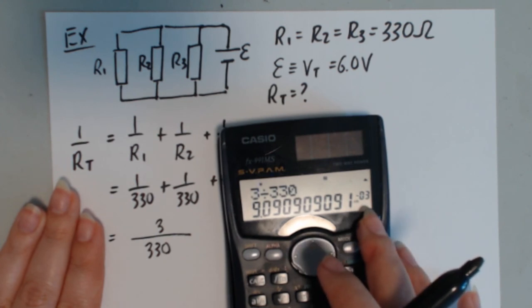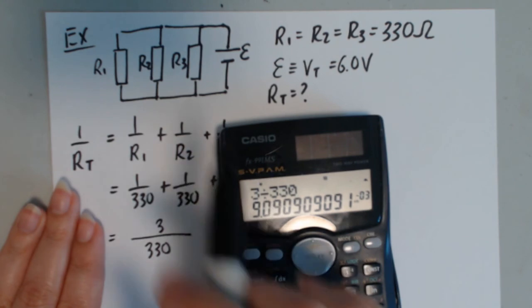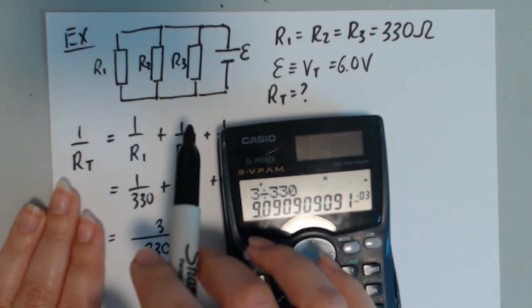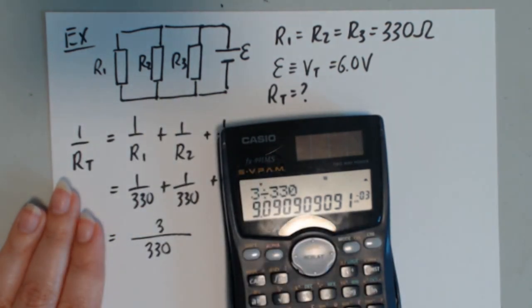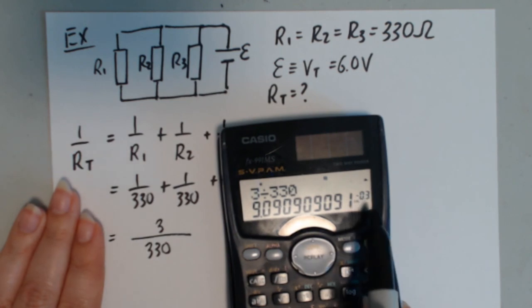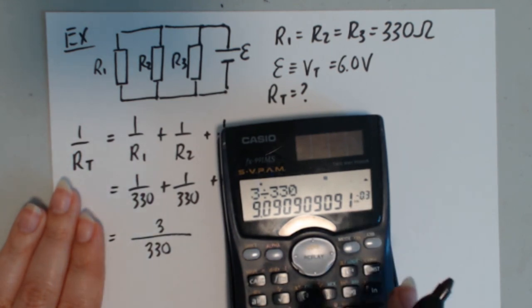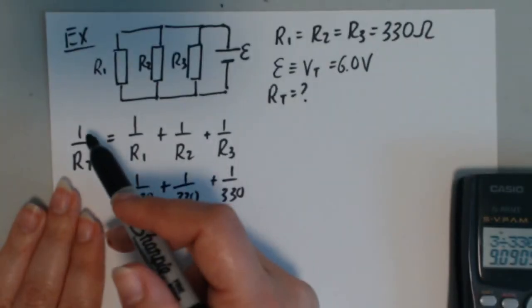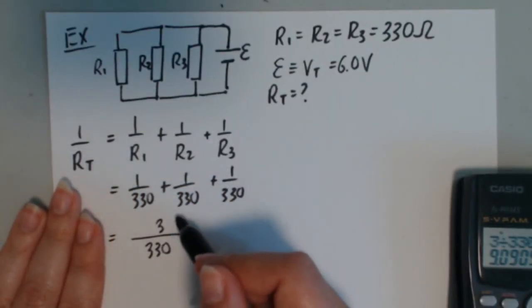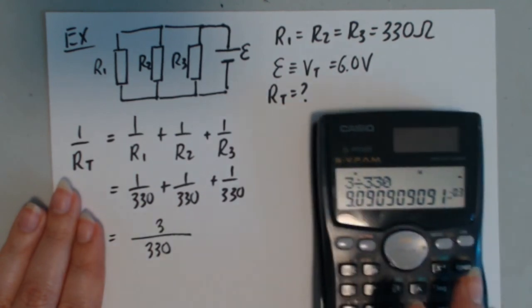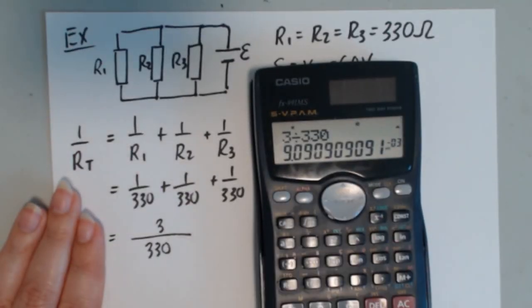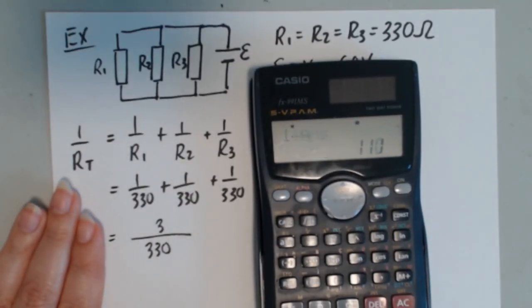I mean, that's pretty low, and you would certainly expect a lower overall resistance when the resistors are in parallel compared to series, but you're going from 990 to almost 0. Okay, so that's not correct. You have to remember that the left side of this formula is equal to 1 over R total. So whatever you get here is 1 over R total. So whatever number you get, you have to take 1 and divide it by that number to get the answer,